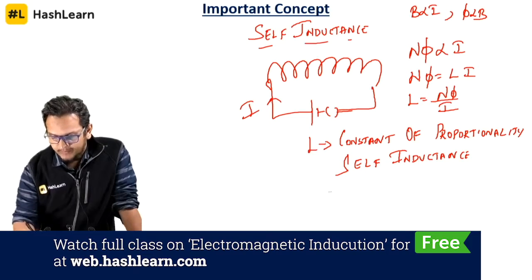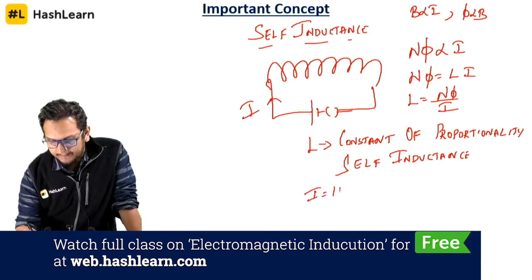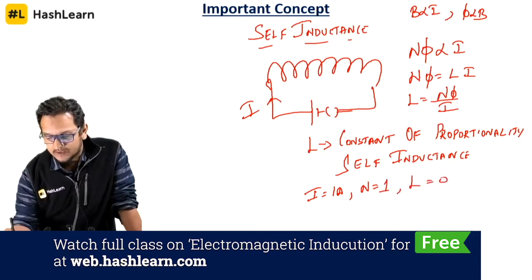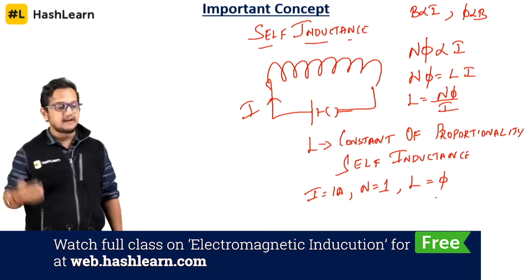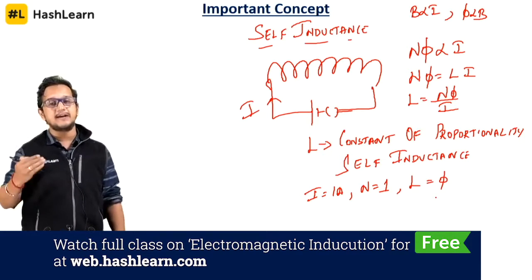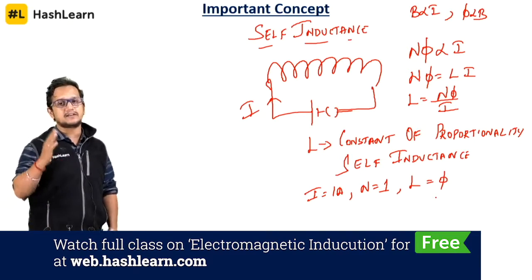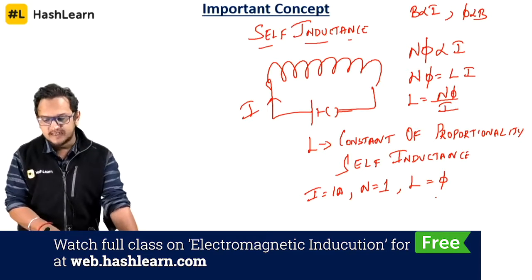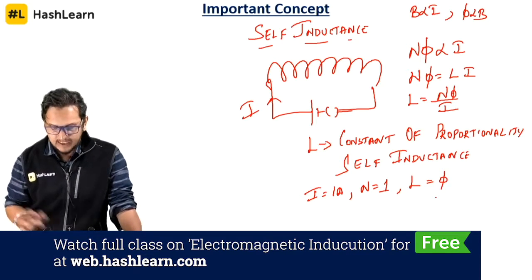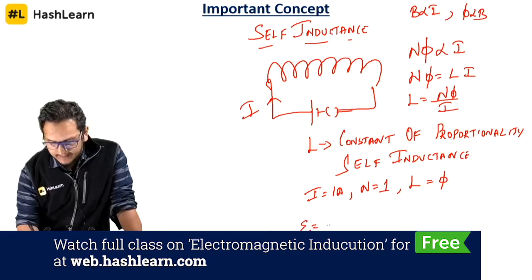so if I is equal to 1 ampere and the number of turns is equal to 1 turn, then L is equal to phi. So the self-inductance is equal to the flux induced in the coil of 1 turn with 1 ampere. So with this you can also write the induced EMF as given by minus d phi by